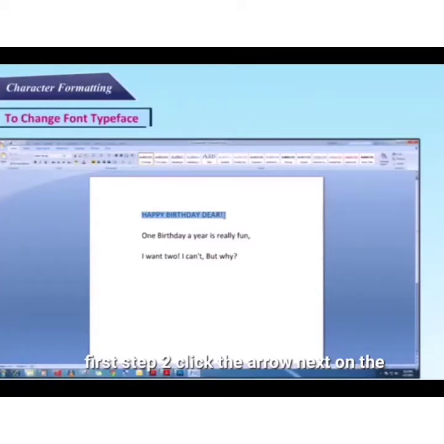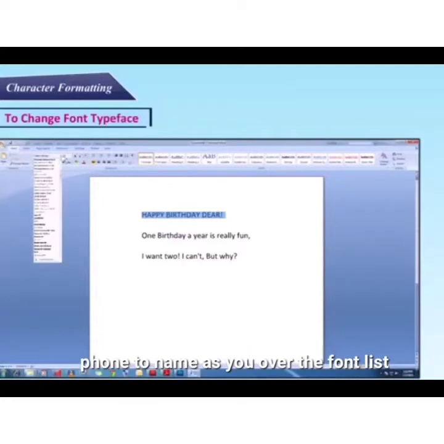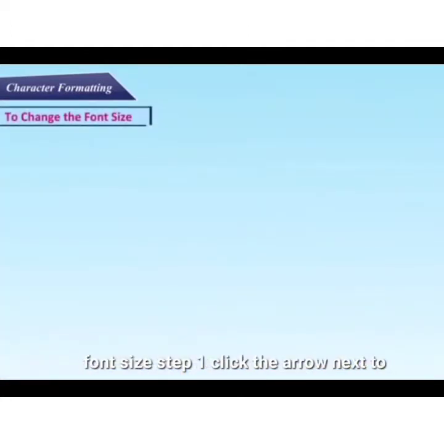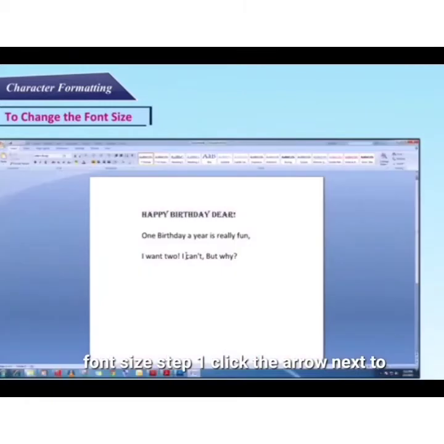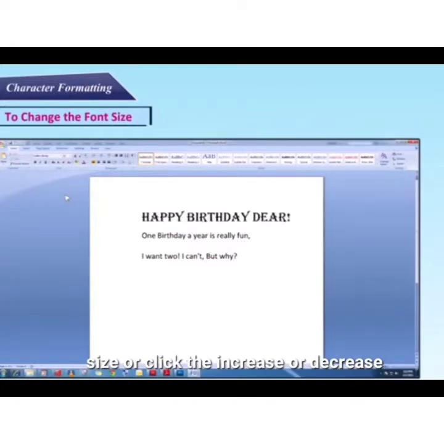Click on the arrow next to the font name as you hover over the font list. The font is previewed on the selected text. To change the font size, step 1, click on the arrow next to font size, and use the increase or decrease font size button to change the font styles.